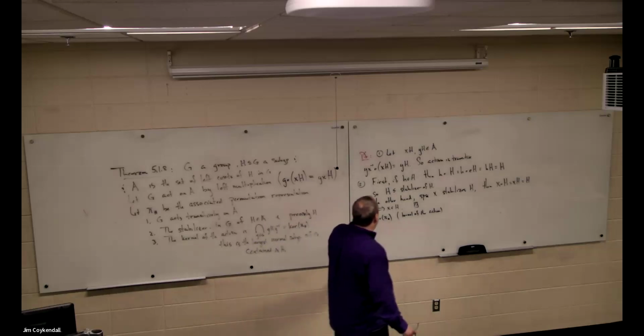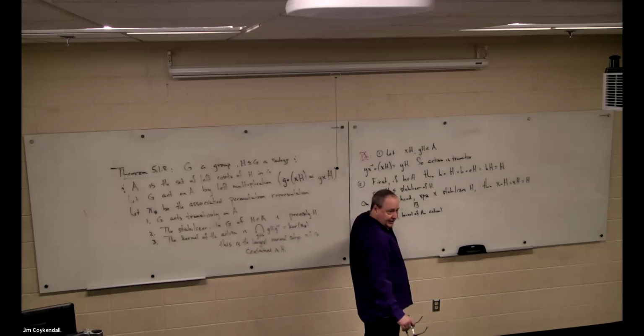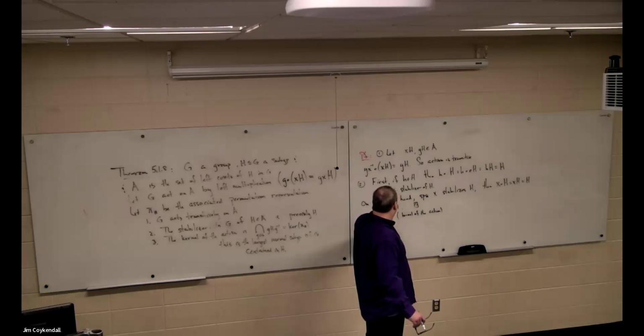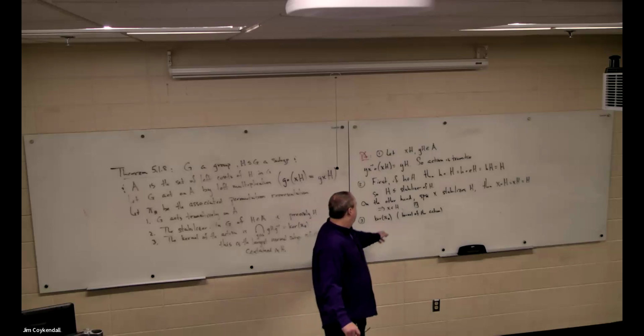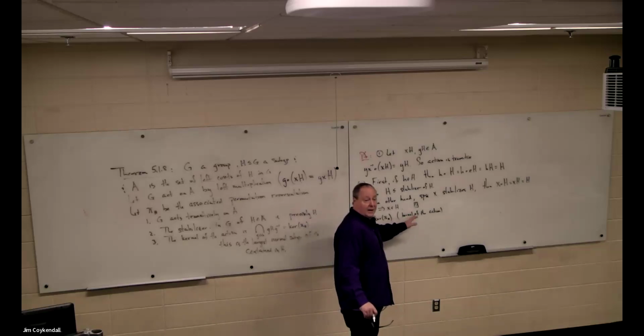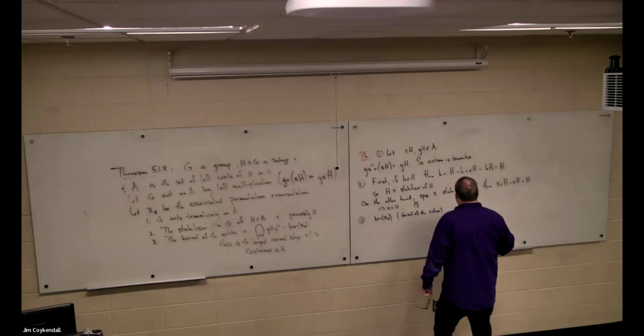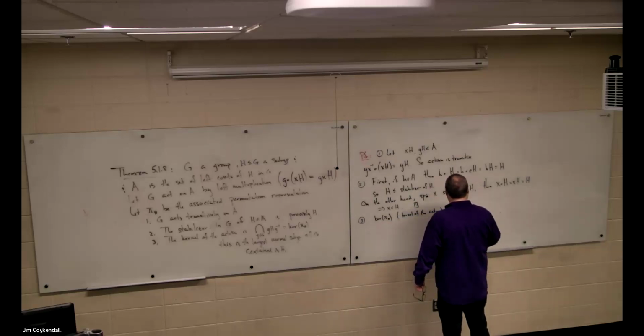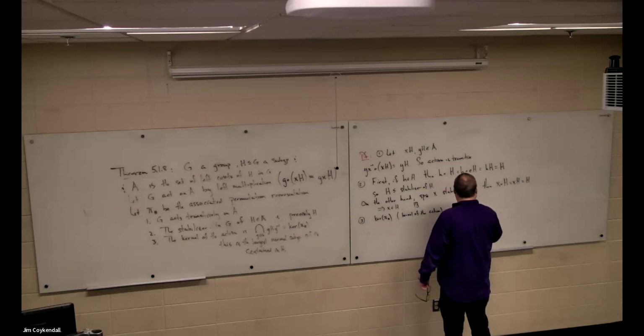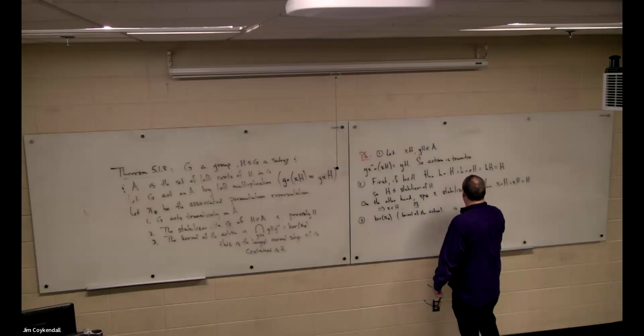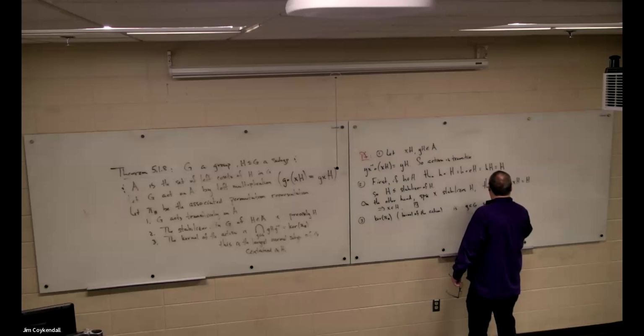The reason is that if you have this permutation representation induced by this action, that is actually a homomorphism from G into permutations of the left cosets. And so the kernel of the action is actually the kernel of that homomorphism. This is the set of x in G such that